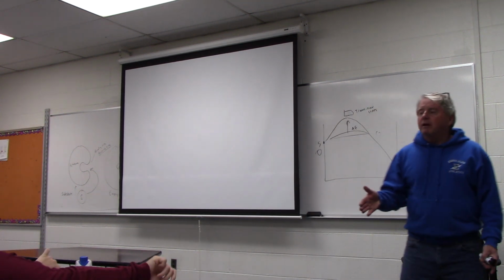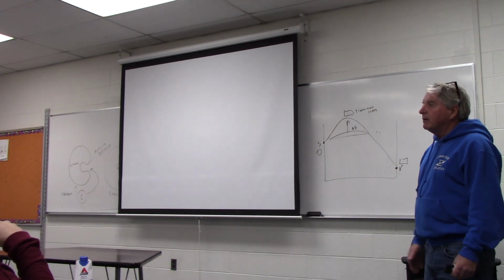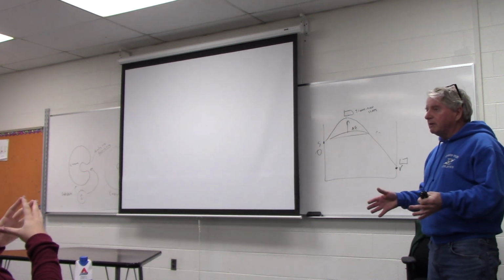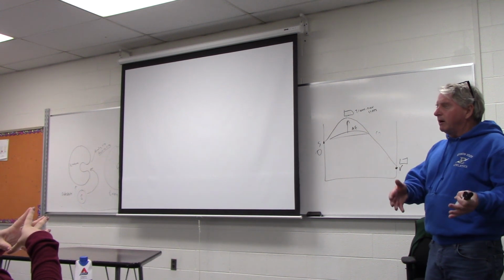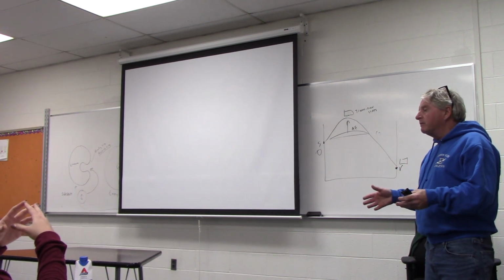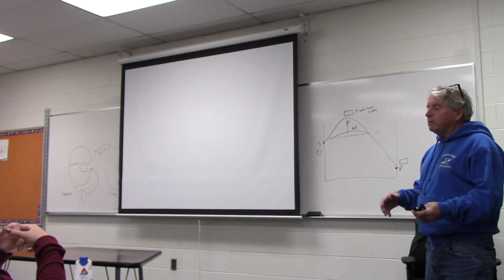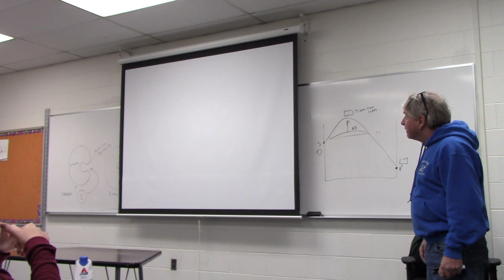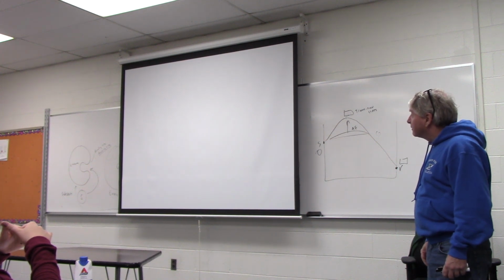Some enzymes need cofactors, and there are two types of cofactors: coenzymes and metal ions. Coenzymes come from vitamins. So when you take a vitamin, it gets made into a coenzyme. And so this diagram sort of